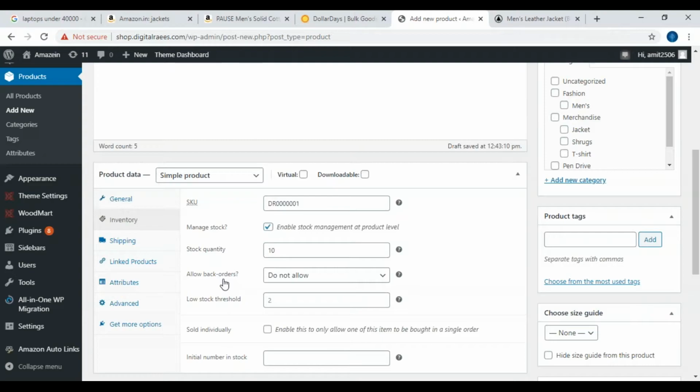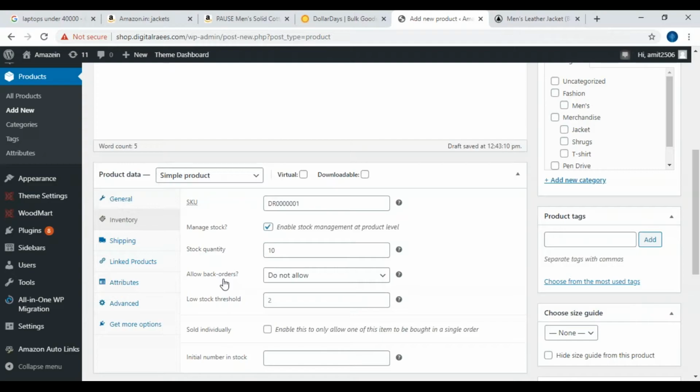Take one example, this OnePlus Mobile. When they are launching, there is a pre-launch offer: book your mobile by paying some amount and you are going to get it once it is released. So before the product is released, we are making the purchase. That is a kind of back order.